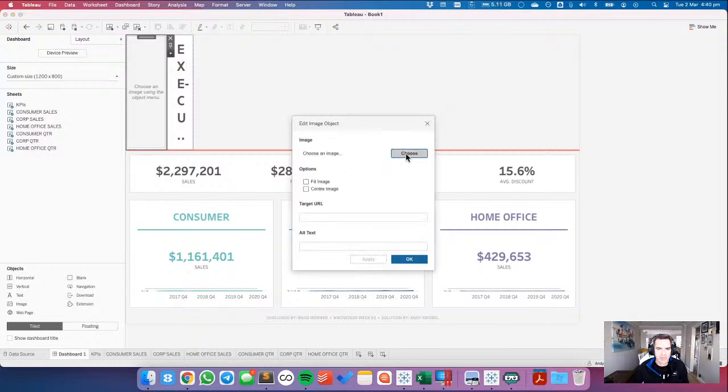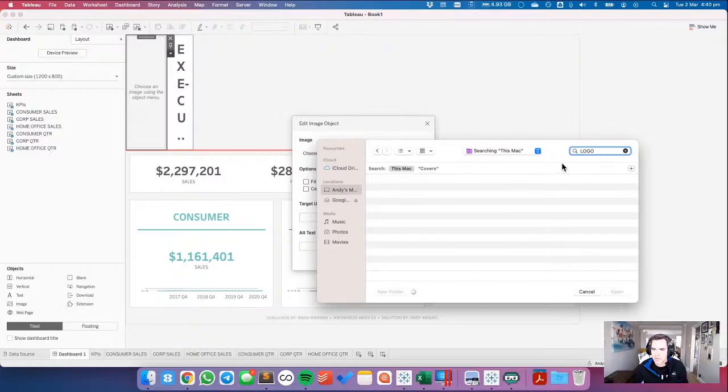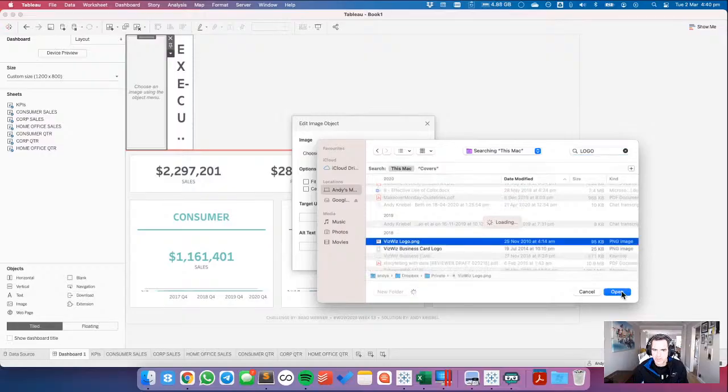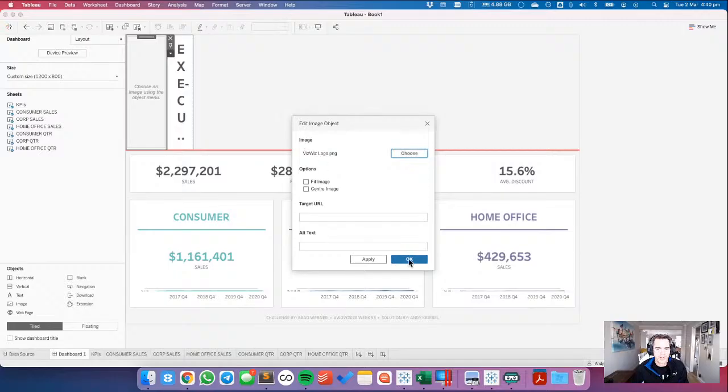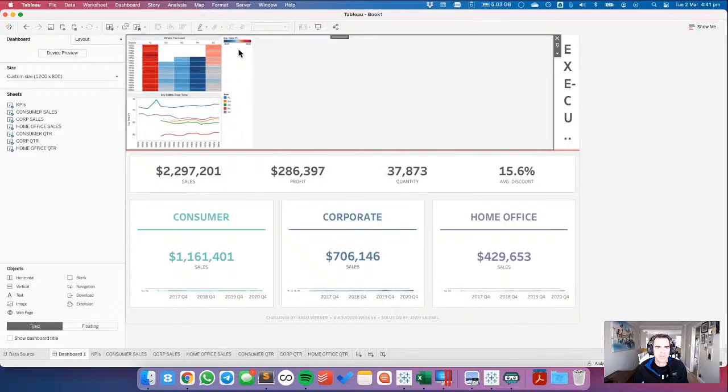And I'm going to choose an image. Okay, so let's choose, let's say logo. Let's see if I can find one here. Maybe I'll just put my logo in there. Let's see what that looks like. It's been so long. I think I need a new logo. So if you have any ideas for a logo, that would be great. Oh, that's a terrible logo. So fit image,